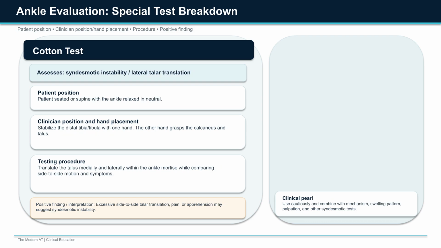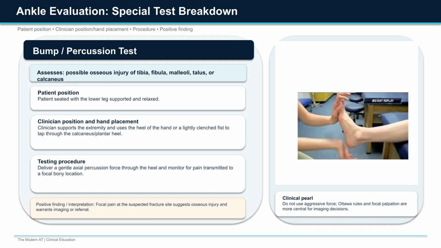For the cotton test, position the athlete seated or supine with the ankle relaxed in neutral. Stabilize the distal tibia and fibula with one hand, while the other grasps the calcaneus and talus. Translate the talus medially and laterally within the mortise. Excessive side-to-side motion, pain, or apprehension may suggest syndesmotic instability. Use this cautiously, especially in acute injury, and combine it with mechanism, swelling pattern, AITFL palpation, squeeze test, external rotation testing, and functional tolerance. For the bump or percussion test,